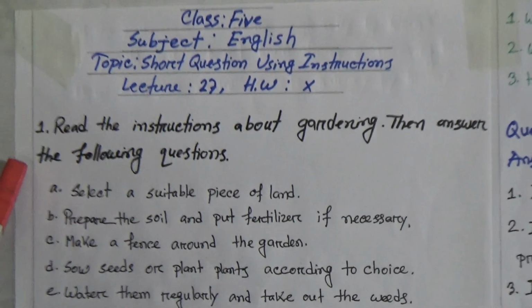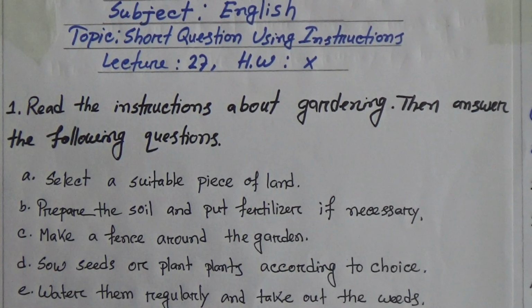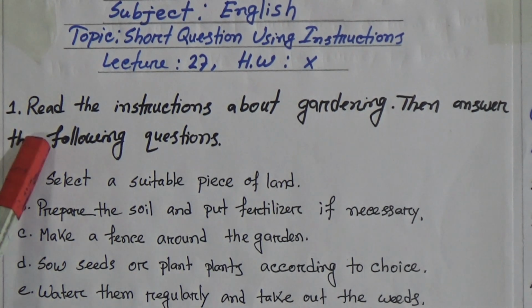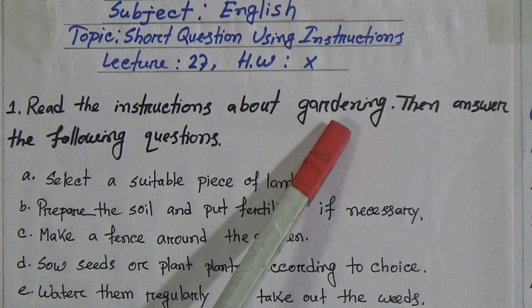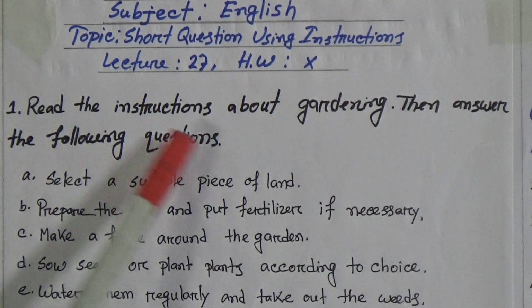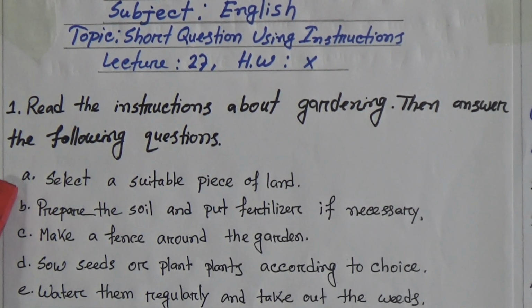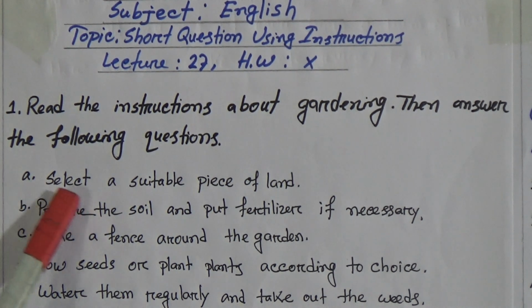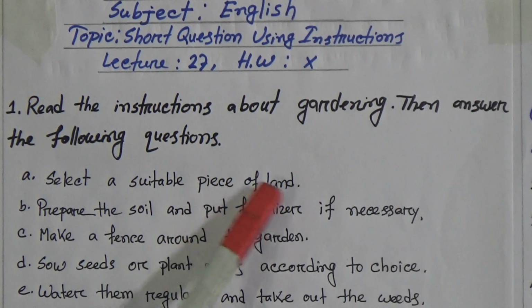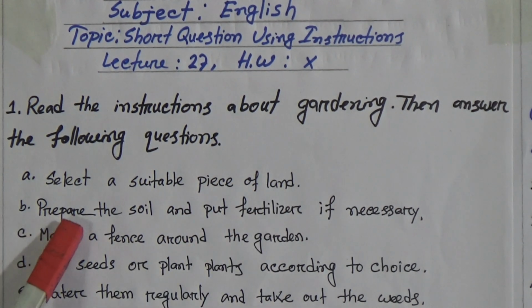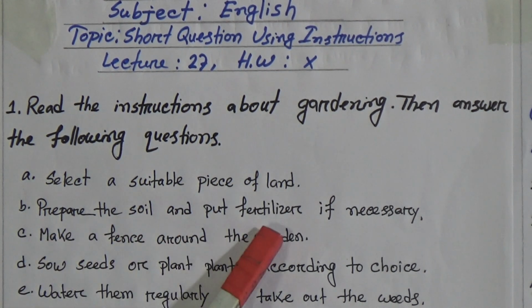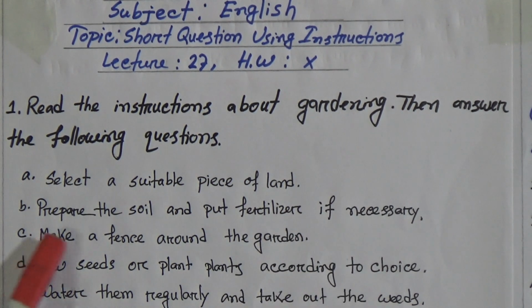At first we will read out the questions, then we will give the answers. Read the instructions about gardening, then answer the following questions. The instructions are given here. Point 1, select a suitable piece of land. B, prepare the soil and put fertilizer if necessary. C, make a fence around the garden. D, sow seeds or